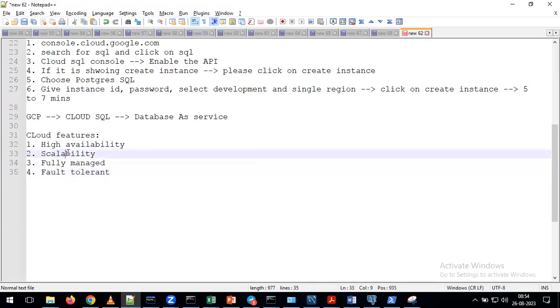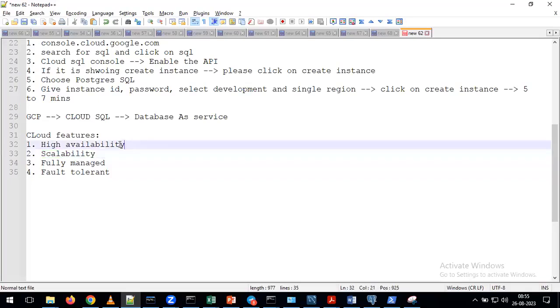Let's recap. What is the meaning of scalability? Depending on the requirement, we can either increase the number of services or decrease the number of services. That activity we call scalability. How many types of scalability do we have? Two types. What are those? Vertical scalability and horizontal scalability. What is meant by vertical scalability? If you increase the services or resources within the system, we call it vertical scalability. What about horizontal scalability? If you add an external system, we call it horizontal scalability. That's how you can recap what we discussed on scalability.